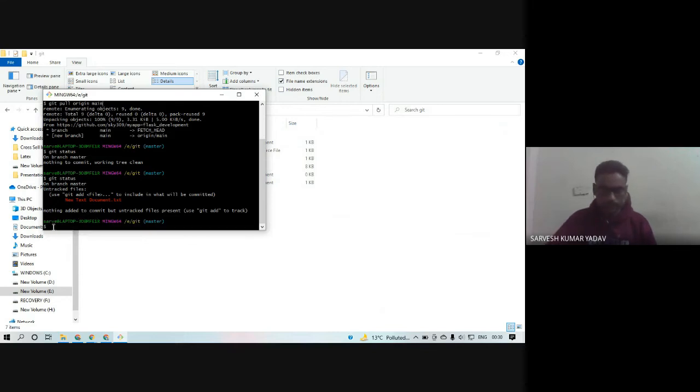For staging it, use the command git add. Whatever changes we made, we have created a new file. Just add that new file, new text document.txt.